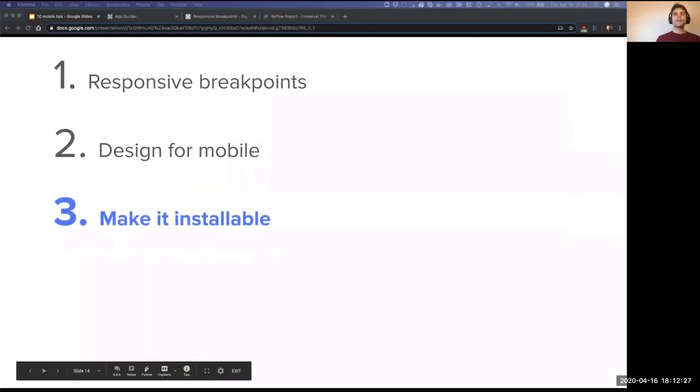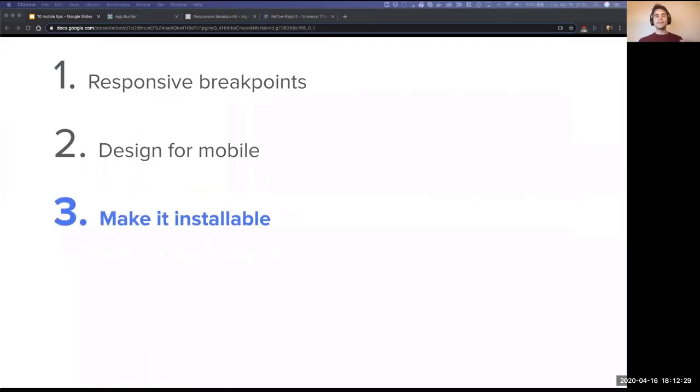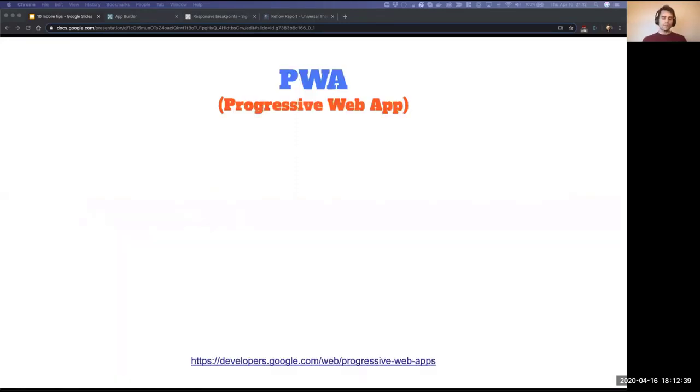The third tip that I want to talk about is make it installable. Those of you who've seen me giving talks before on PWA know what I'm talking about. So I have to take a step back, because before introducing this concept, I have to explain what a PWA is. It's a progressive web app, and it's basically a set of concepts that is aiming to make web applications